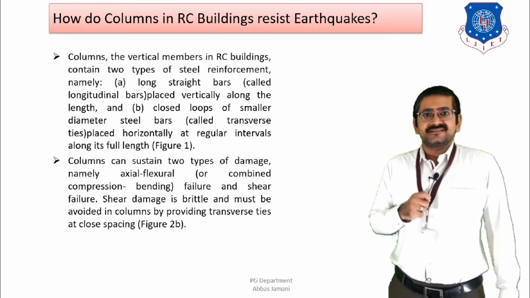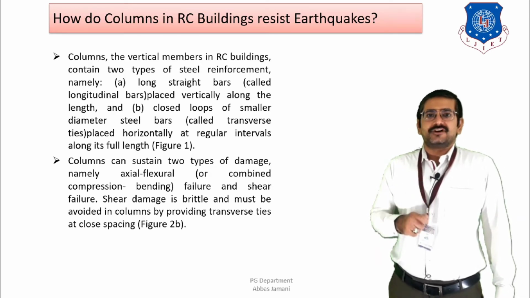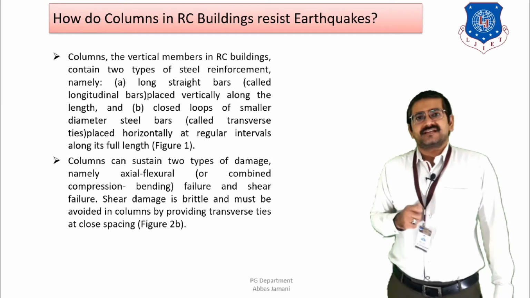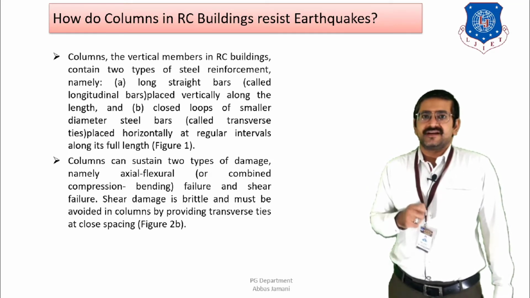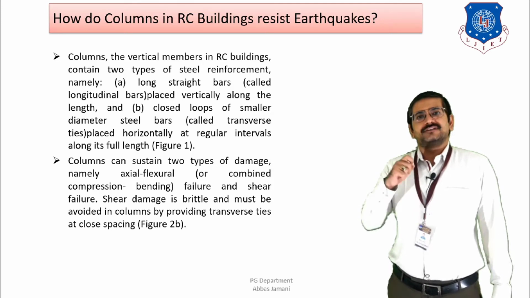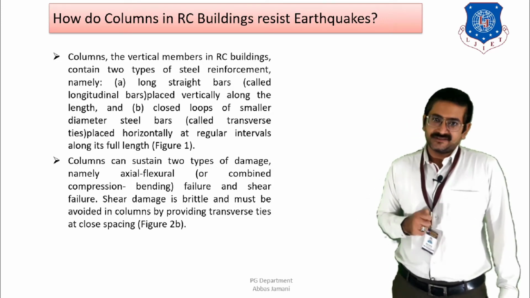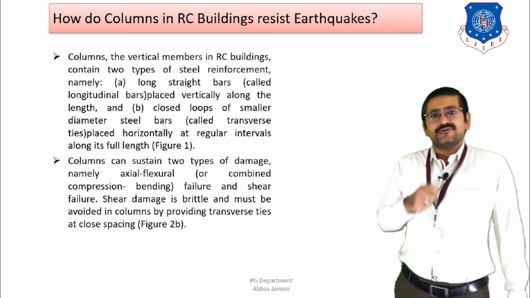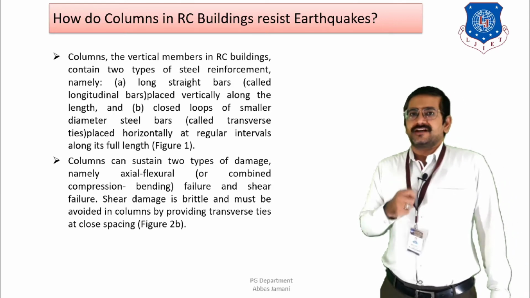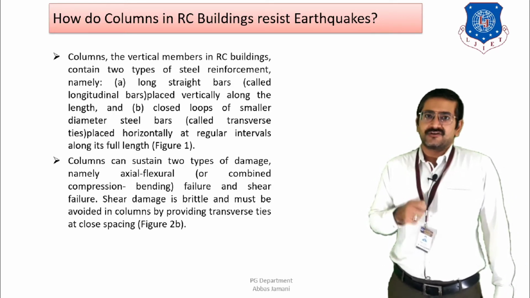Now what happens is that the vertical bar is going to go throughout, and the transverse reinforcement, that is the closed stirrups, are going to be provided at certain intervals along the height of the column as per the provisions of IS 13920. But before understanding the detailing, we also need to understand the behavior or the failure pattern.